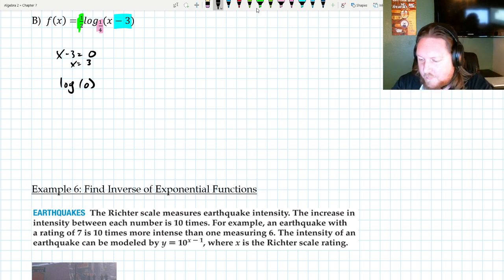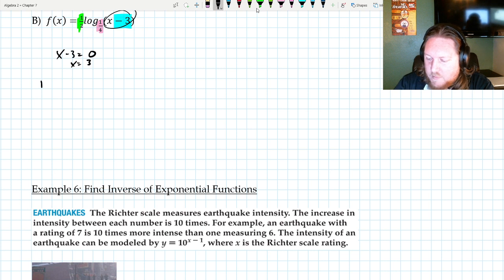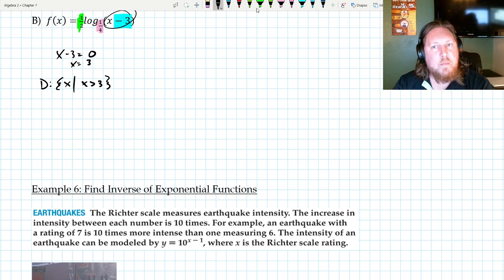So this input in the logarithm, I figure out when it equals 0. I want my domain to be x such that x is greater than 3. So I know I'm not going to be putting in anything less than 3. The problem is,